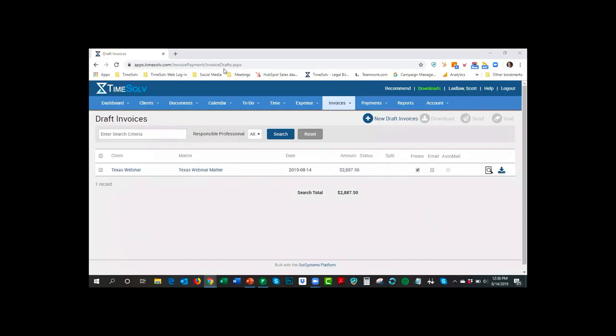And by the way, we are starting to roll out slowly but surely a plugin that you can use if you use Microsoft Outlook or Office 365 that will allow you to make time entries right from your email screen.